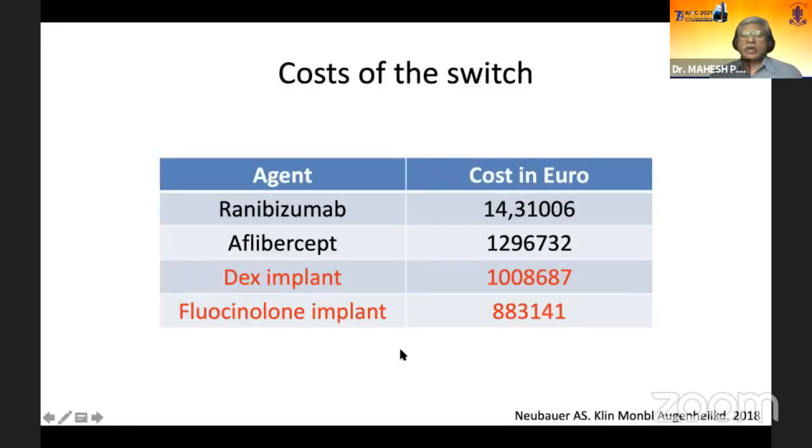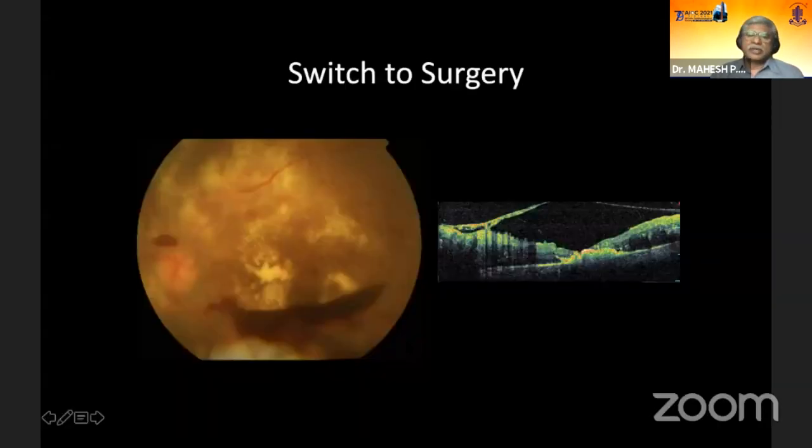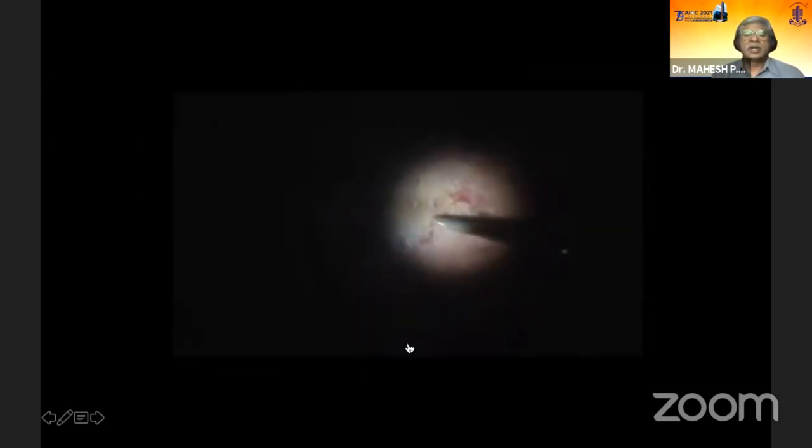This was a study which looked at the cost of the switch. Here it includes the treatment cost, the OCT cost, and if there are complications, managing the complications cost also. For instance, for DEX implant or fluocinolone implant, anti-glaucoma medication cost was also included. So steroids are the least expensive to switch to, and fluocinolone, we don't have it in India as yet. And of course, there is always a small subgroup where we have to switch to surgery, where there is a thickened posterior hyaloid, which is not allowing the anti-VEGF to work effectively, and there is a tractional component. Yes, we need to go ahead and switch to surgery and subsequently follow it up with anti-VEGF agents also.